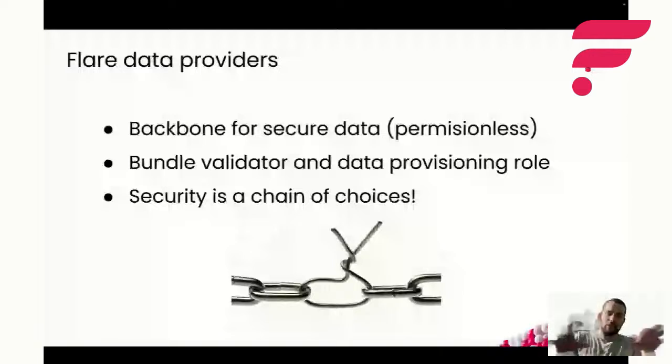So what we do on Flare is we make sure that the whole chain, from sourcing the data at the source, to computation, to getting the data to contracts and smart contract computation, is always secure and secured by the same thing. In our case, the stake of the whole network. Okay, so how exactly do we keep this secure? How do we make this blockchain system secure?